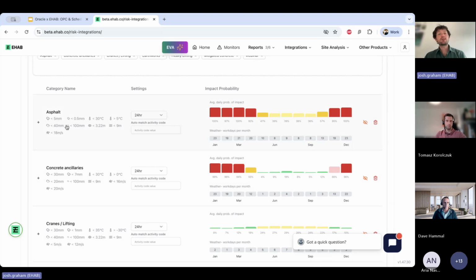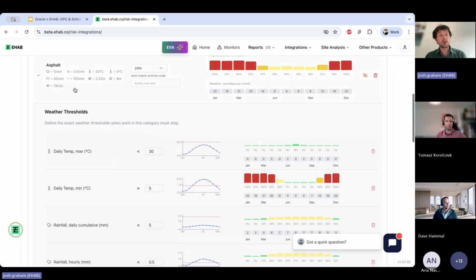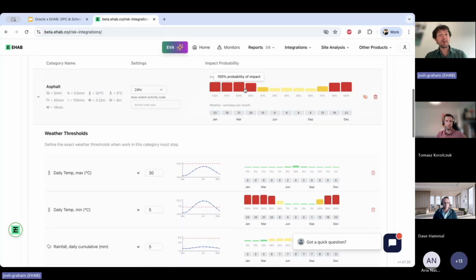So what we're trying to demonstrate and help you model is, rather than saying rainfall is going to happen at such and such an amount, because it's actually really difficult to model rainfall, we want to model the thresholds at which the activity is impacted. Just using asphalt as an example, and bear in mind this is in Ottawa, so it's one of the coldest capital cities in the world.